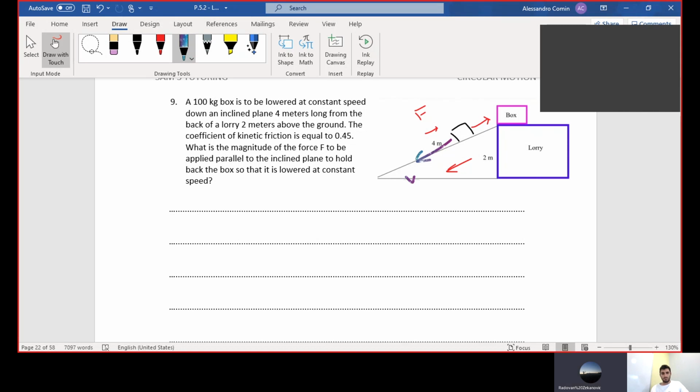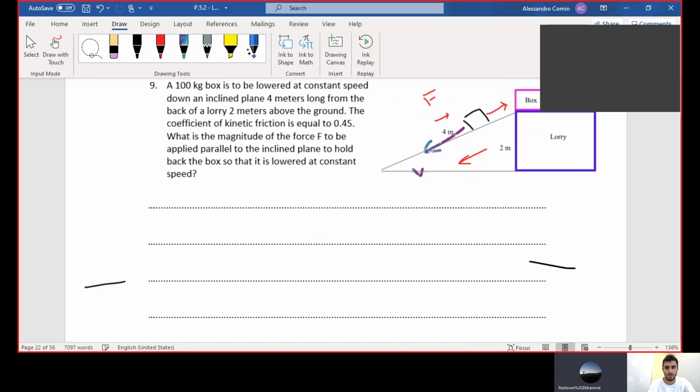Honestly, I've got no idea. We don't have theta, yeah? Yeah, I don't know what to do. Okay. You want me to do it? Yeah, do it. Alright. So what I did, your net force, so I'll zoom in a little bit. My net force